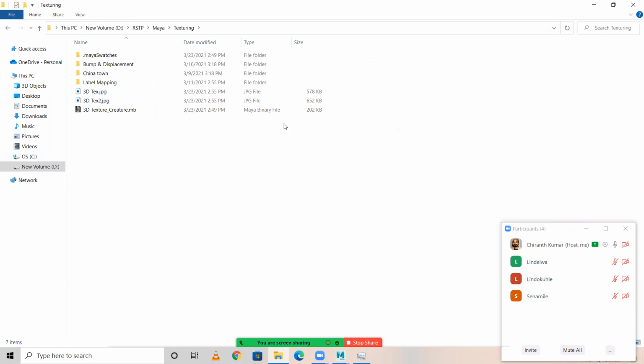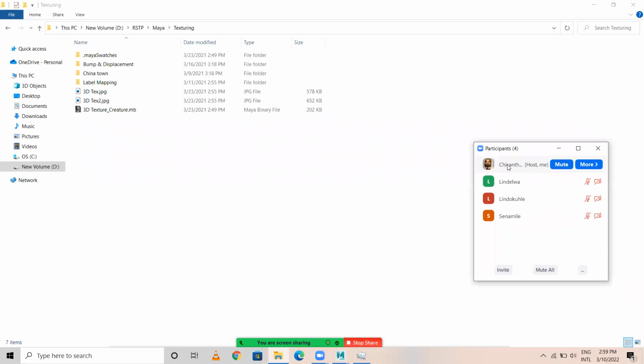Let us create a simple one for the same set. For the same set which we were doing lighting, you guys need to create texturing using Arnold textures. For that, we can do lighting. Okay, so in that case, it will be good.